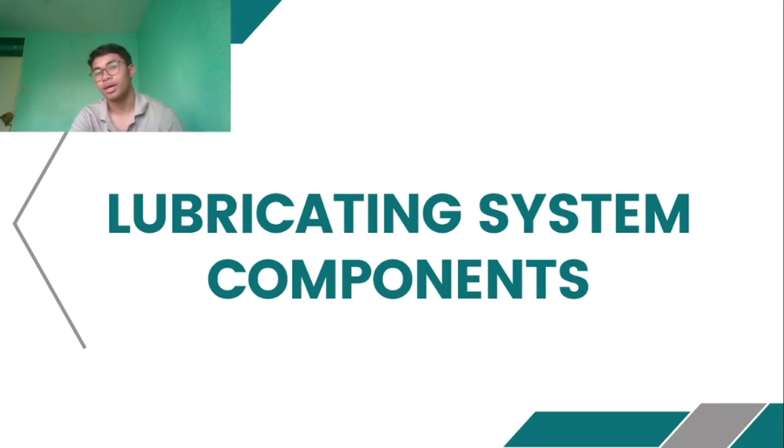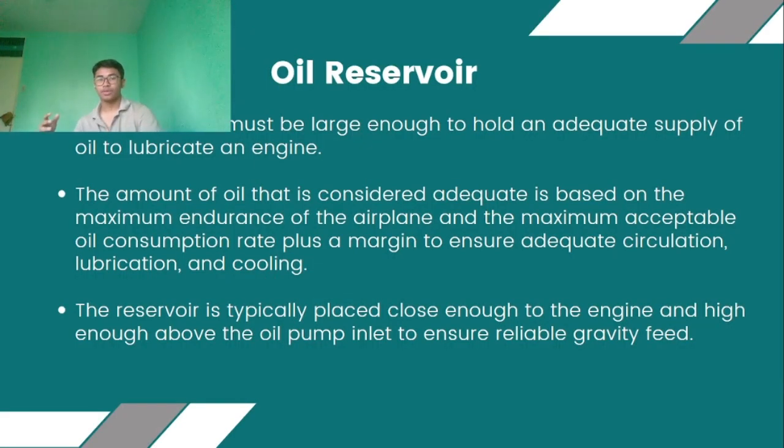So, dako naman tayo sa mga components. The first component of the lubricating system is the oil reservoir. So the oil reservoir, dito store or dito nilalagay yung ating oil in the non-operating mode or hindi siya ginagamit. Yung oil reservoir natin may dalawang locations siya, either inside of the crankcase or outside, or it has a separate